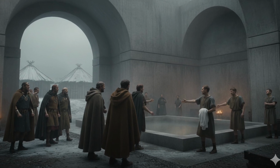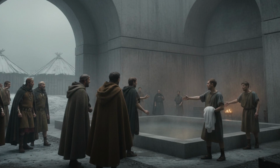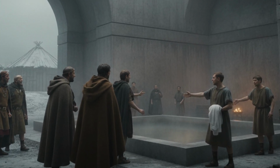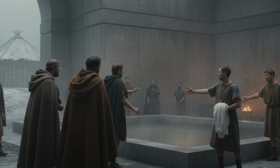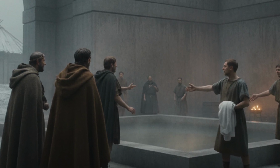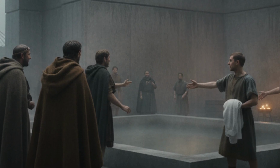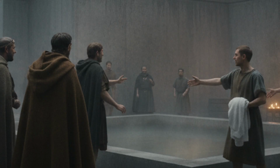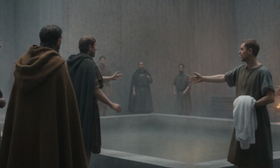Diplomatic impact. In the cold, damp frontiers of Britain, Gaul, and Germany, the construction of a bathhouse was a powerful argument for the benefits of Roman rule. It demonstrated that Rome could conquer the elements themselves. Local elites were quickly seduced by these amenities, leading to a cultural assimilation that pacified the provinces more effectively than the sword. Archaeological evidence shows that bathhouses were among the first public buildings erected in new provincial towns, serving as